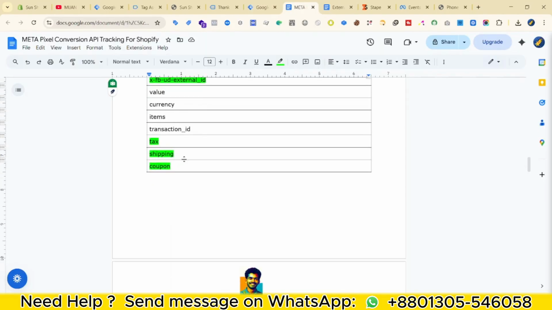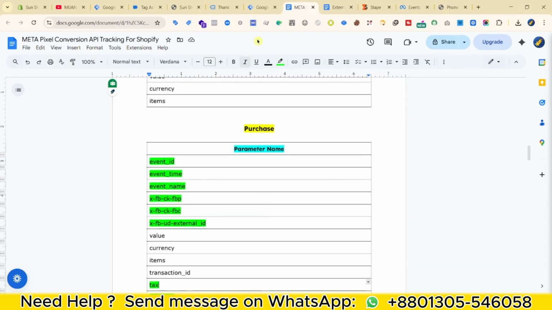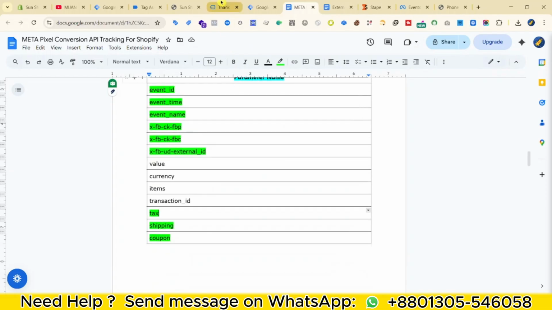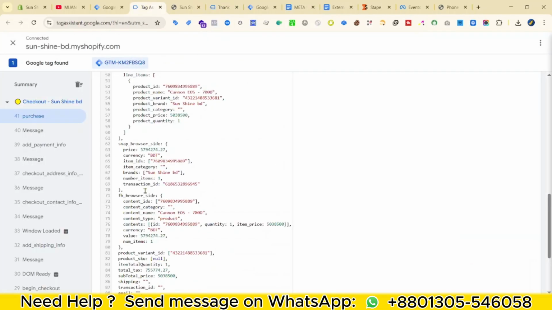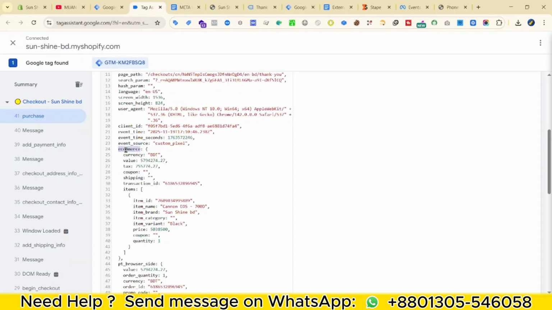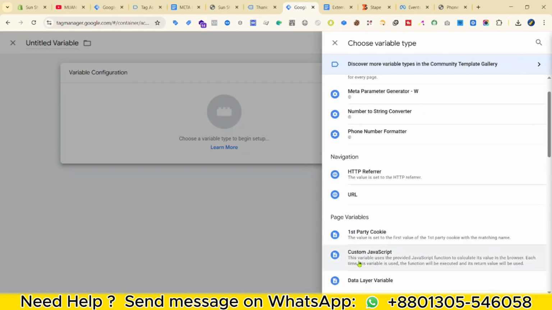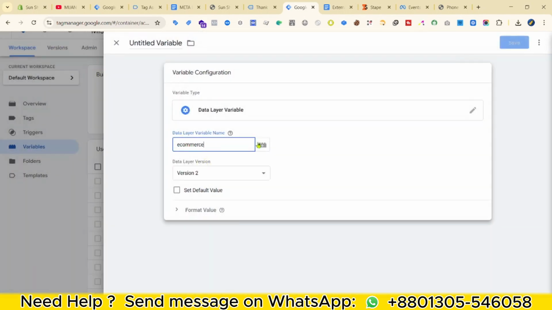Now I need to create these 3 variables. For this, I need to make a purchase, and you can see here I already made a purchase. If I go to the tag assistant preview, you can see this is the purchase event. Okay, so e-commerce, copy this, click on new, then data layer variable, then it will be text,